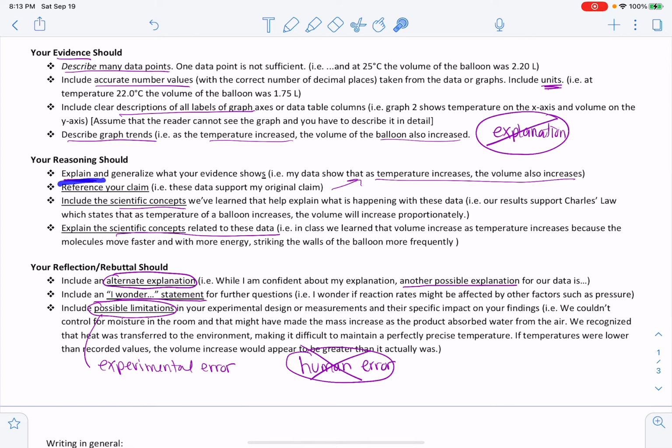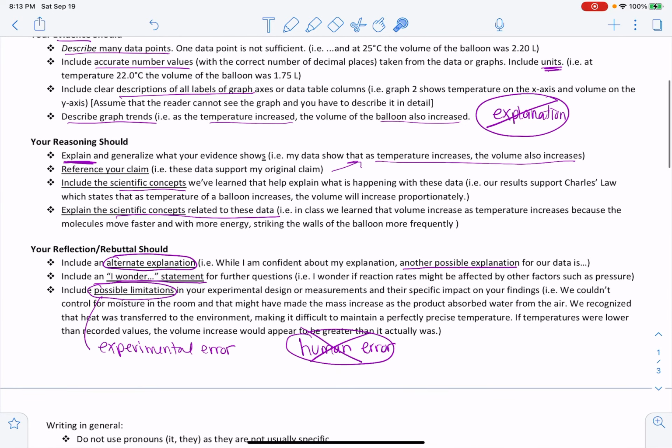You're going to explain, here is where you use your science knowledge, maybe what you read before you did the lab, what we did in class before that, or maybe what you have looked up and written in your introduction. Your rebuttal should always include alternate explanation, if there is one, an I wonder statement, and you can almost always put that in. And possible limitations are things that, well, we realized that we could only be this precise or this accurate, and also time